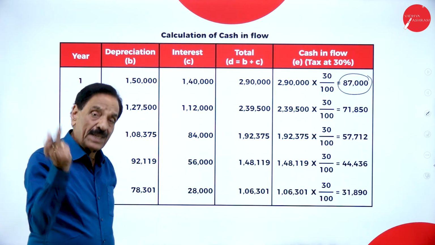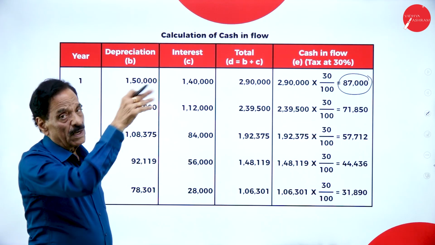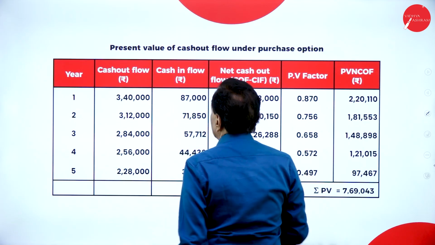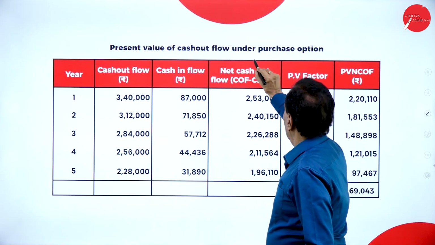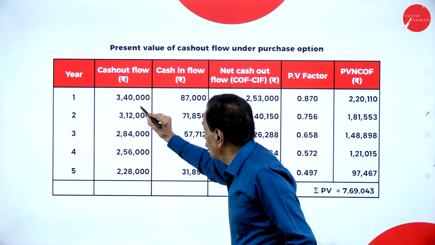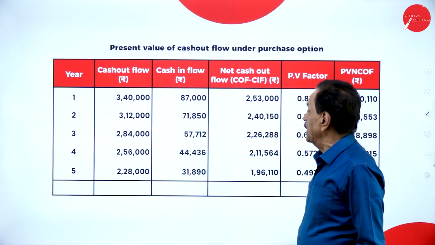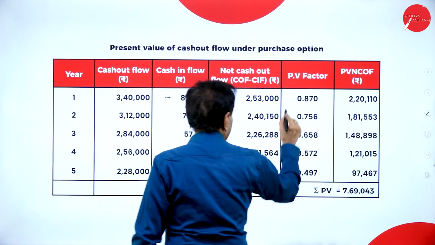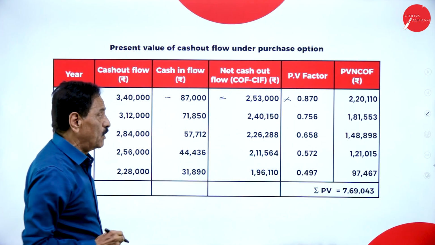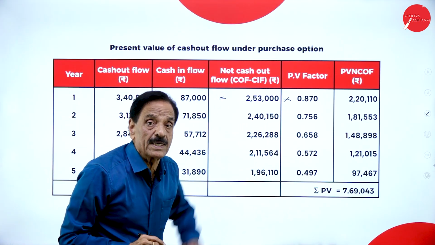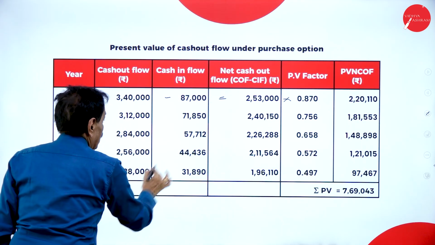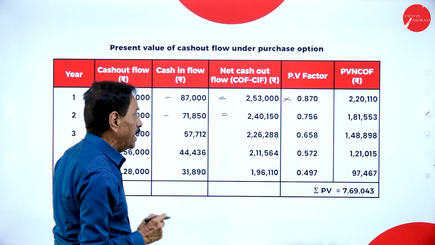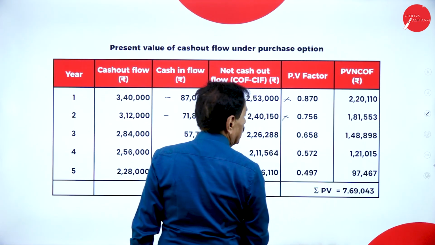Now you have to calculate net cash outflow. Cash outflows minus cash inflow is net cash flow, multiplied by the discount factor. See, present value of cash outflow under the purchase option. Your cash outflow is 3,40,000, cash inflow is 87,000. If we deduct, net cash flow is 2,53,000 multiplied by 0.870. It works out to 2,20,110. Second year, 3,12,000 minus 71,850 is equal to 2,40,150 multiplied by 0.756 is equal to